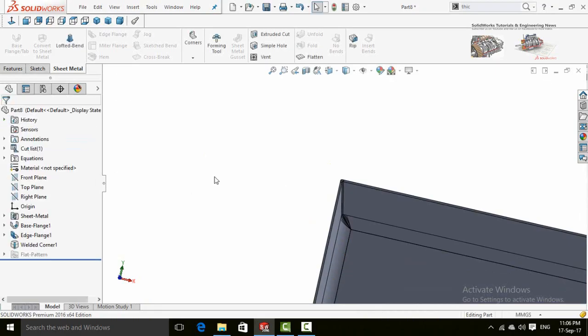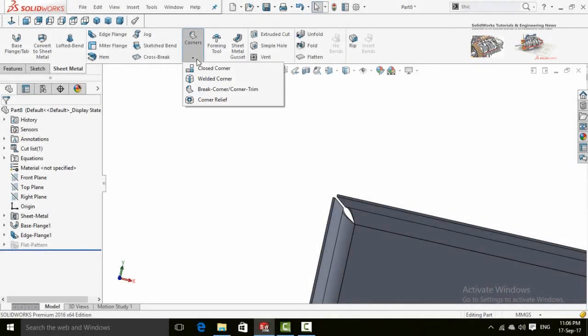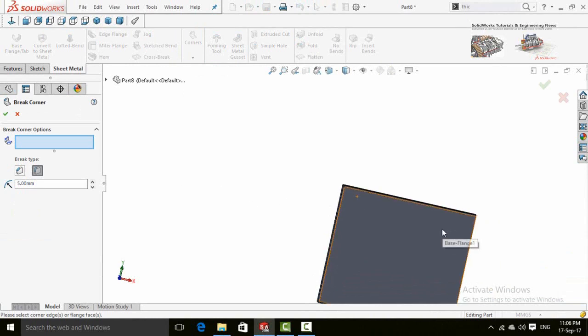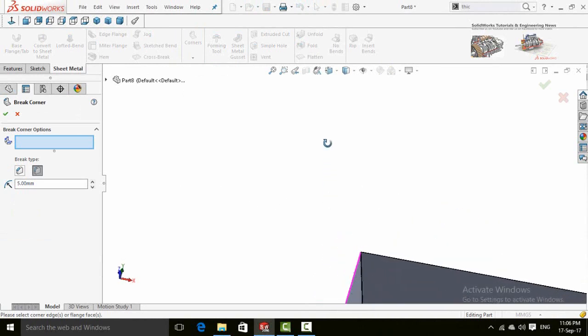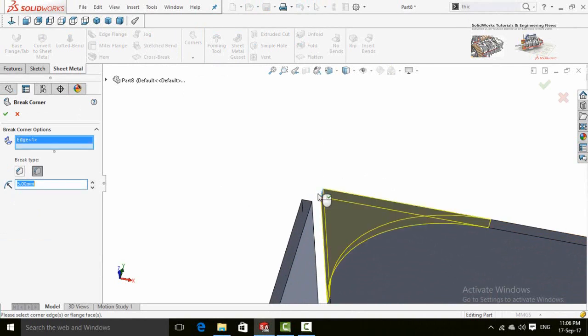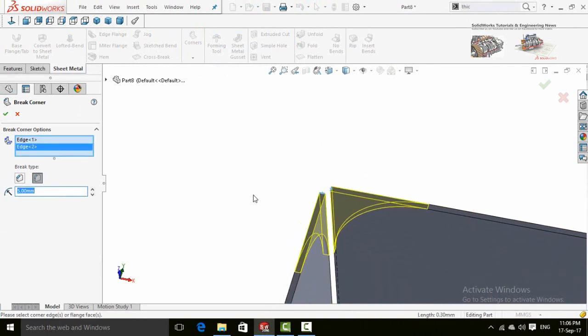Now close it. After weld corners, there is break corner or corner trim. Click on this option. Now click on this corner and then on this corner.